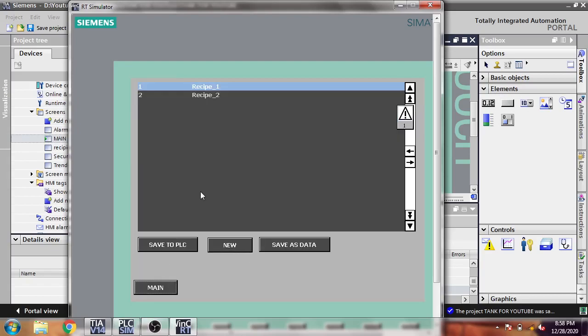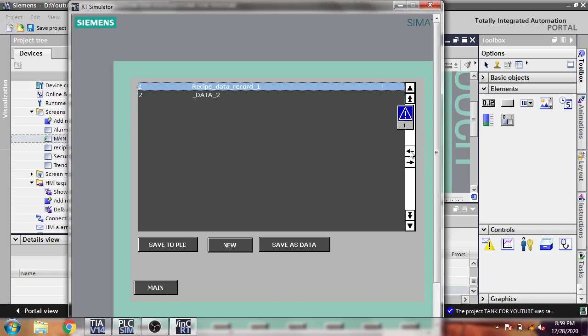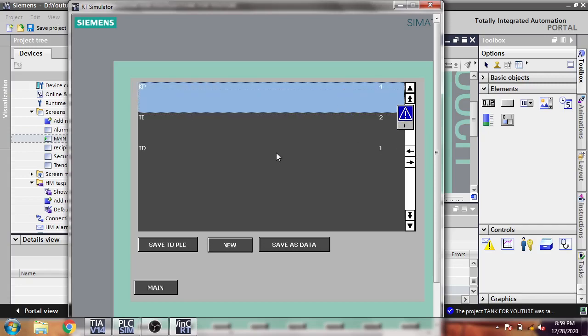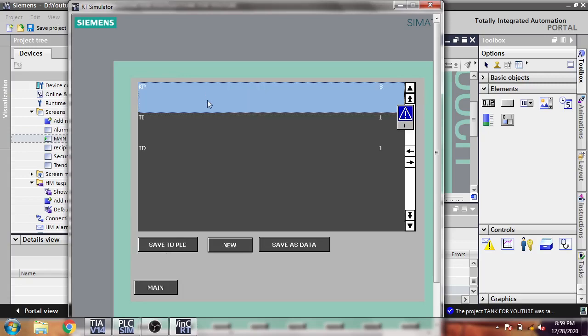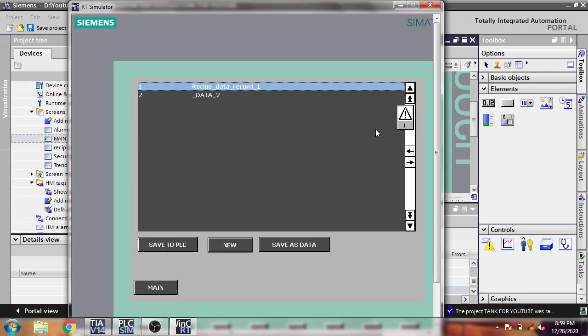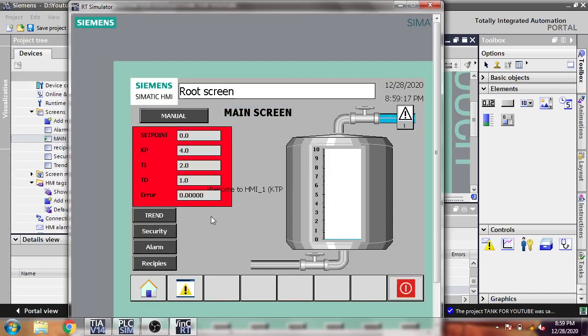Here it is. It is now going to change. I'm going to go back. Data record number 2. Save to PLC. Here it is. Not that one. Yeah, there it is.